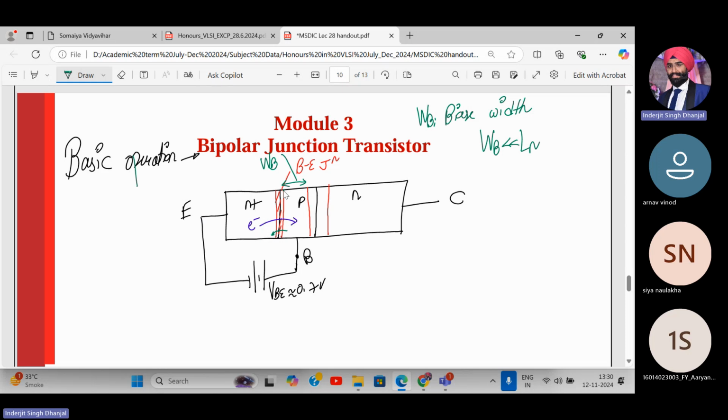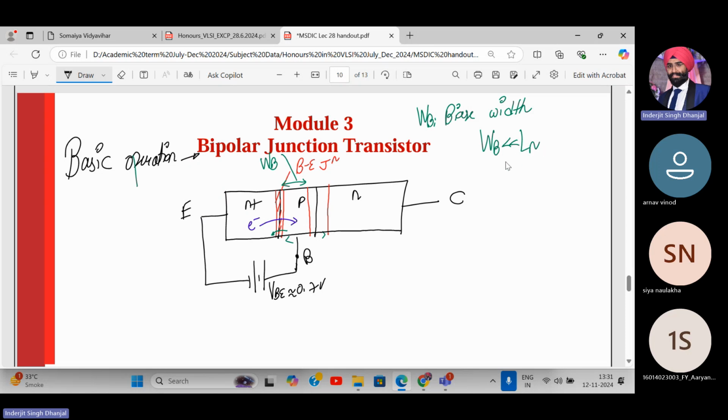Let's say I talk about Ln. The Ln profile is like this. So the Ln will be over here, like this. This will be Ln up till here. So what does this mean? That the carriers are getting over by this length. So if WB is very small compared to Ln, then what will happen? The carrier concentration is decaying fast. Why? Because they can recombine with the holes in the base terminal. So if WB is less than Ln,